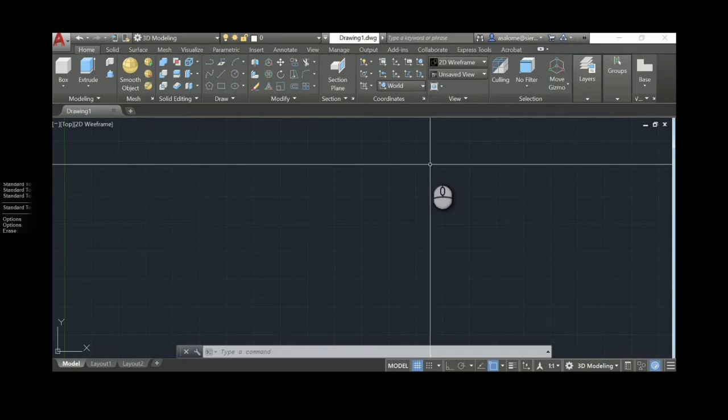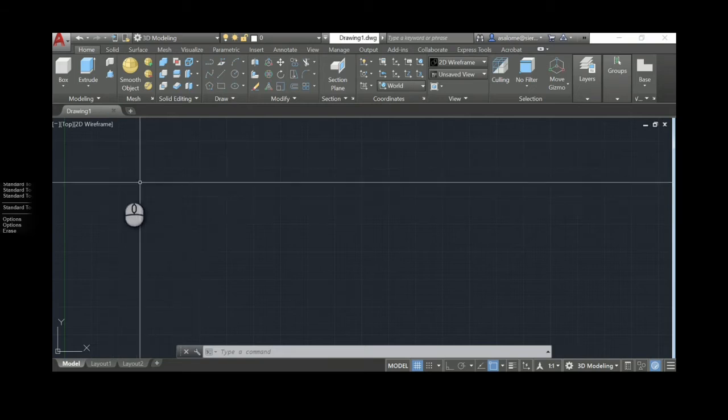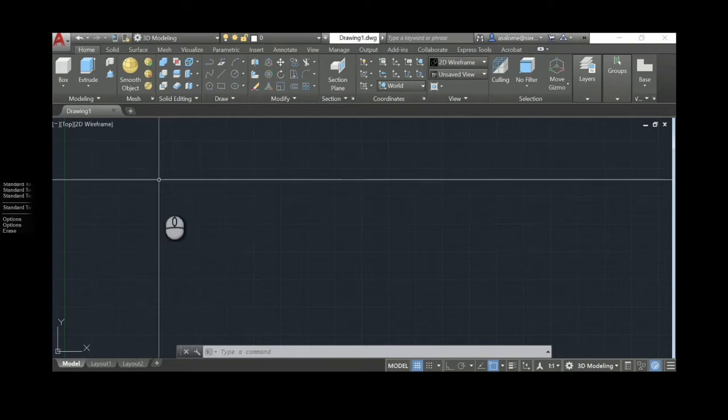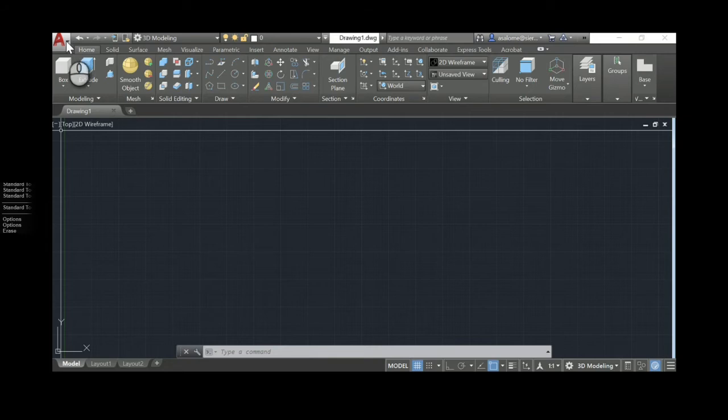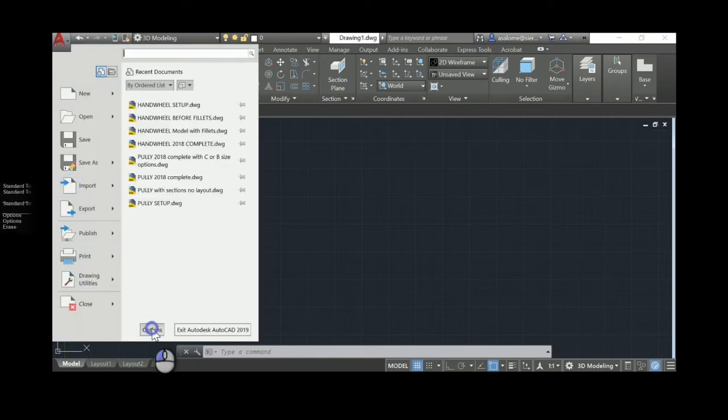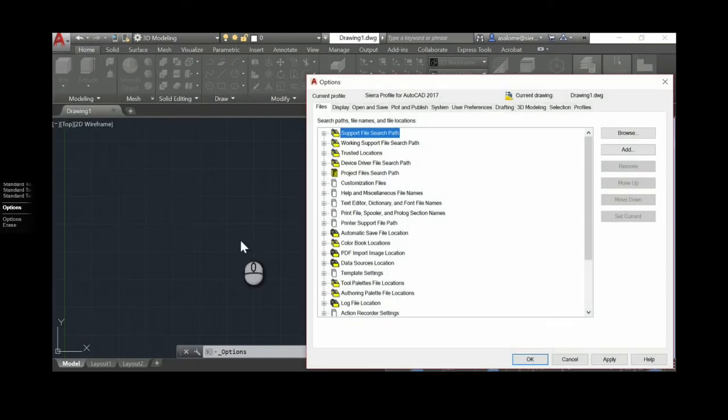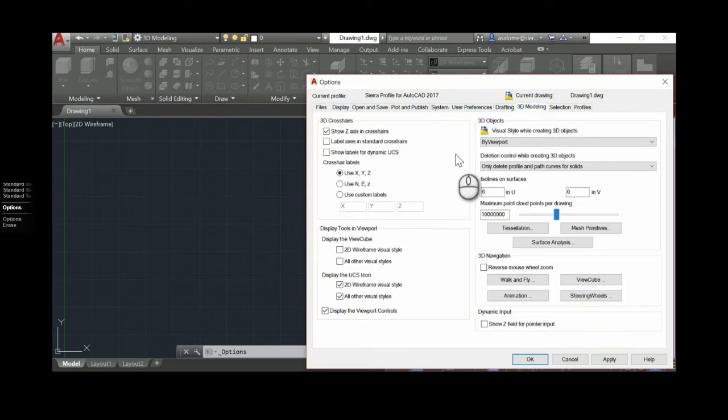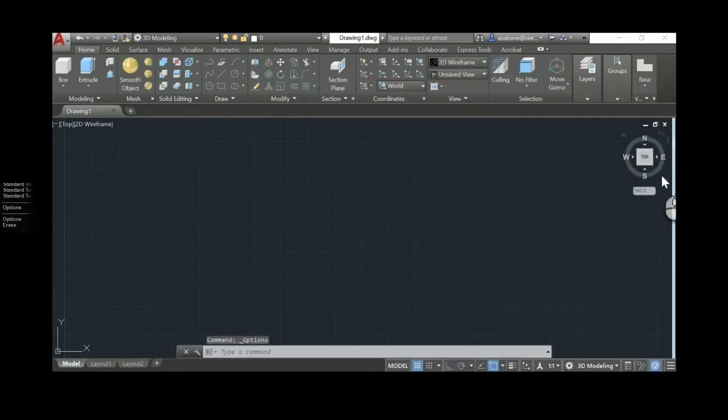One other thing, you might be seeing ViewCube within your workspace anyway. So if we come down here to options, that was the big red A and options. There is in 3D modeling a display the ViewCube option here, and AutoCAD made this install with those on there. And if those are on, this is what that looks like. You've got this ViewCube thing, all of this stuff going on here.